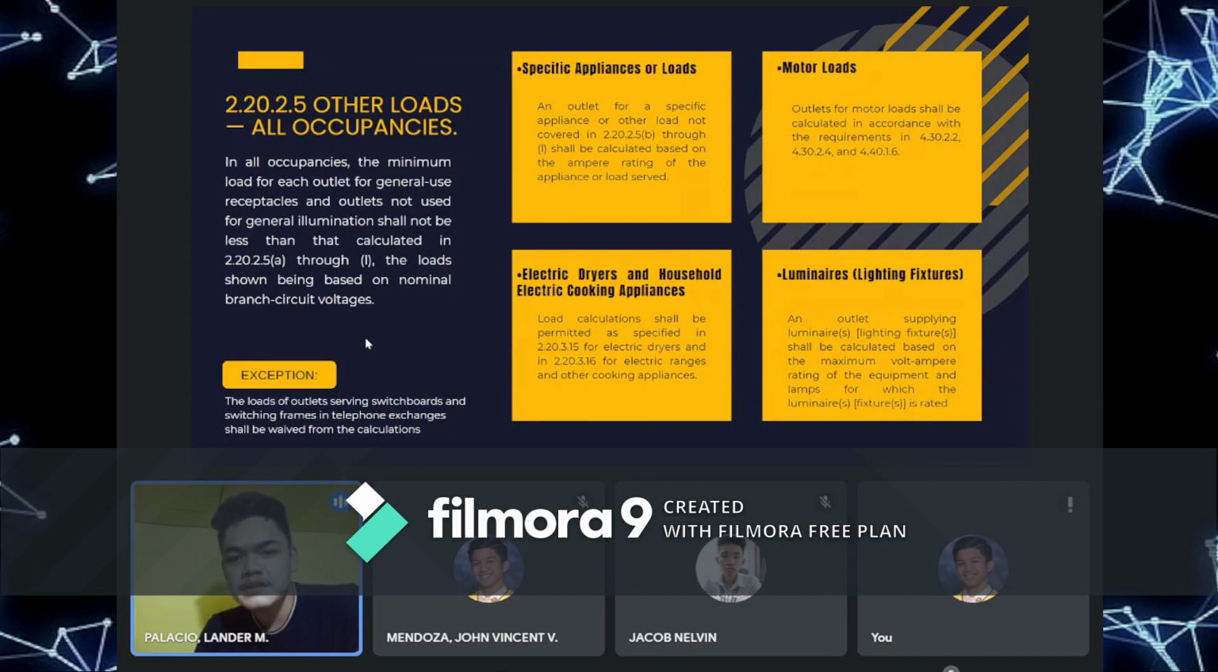So dito, dapat nakabase tayo dun sa ampere rating ng mga specific na appliances or load. Kasi kung hindi, parang hindi siya magi-intertwine. So may tendency na masunog or whatsoever na mag-cause pa ng severe na damages. And then for the motor loads, we do have the outlets for motor loads should be calculated in accordance naman